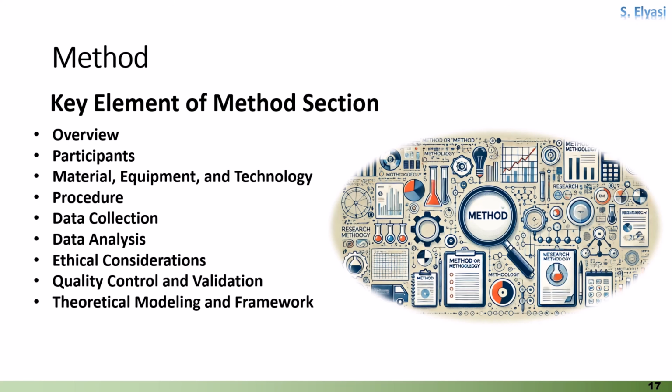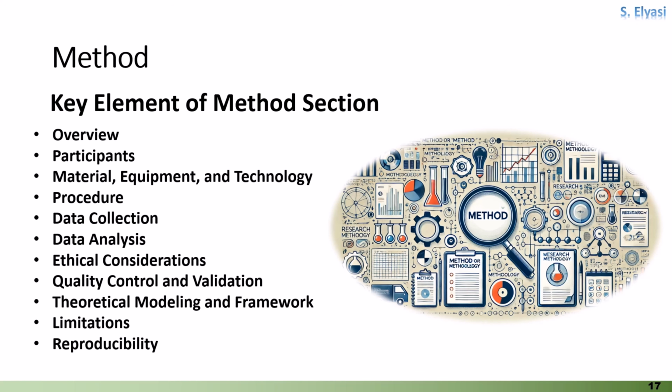The theoretical modeling in the methods section of an academic article typically involves describing the theoretical framework or models used to analyze data or predict outcomes. This section elaborates on the assumptions, mathematical equations, or computational algorithms employed to understand the phenomena being studied. It may also include the rationale behind choosing a particular model, its relevance to the research question, and how it helps in interpreting the results. This is crucial for ensuring that the research is replicable and for readers to understand the underlying principles guiding the study. Briefly acknowledge any methodological limitations that could impact the interpretation of results.